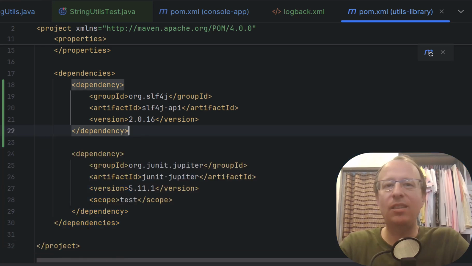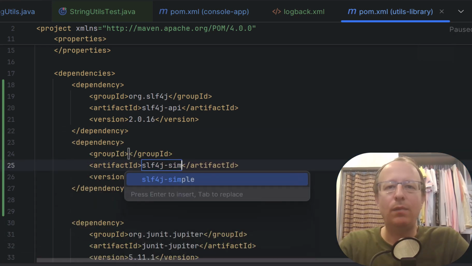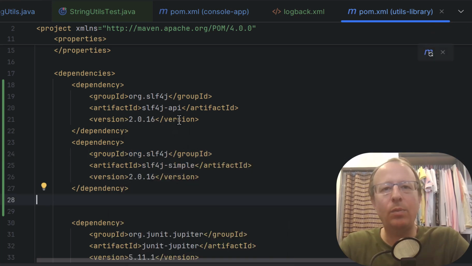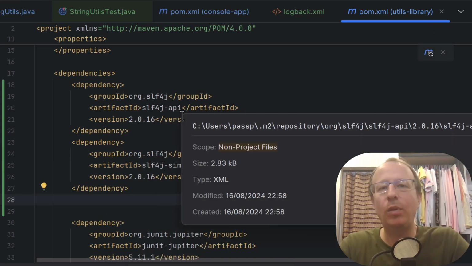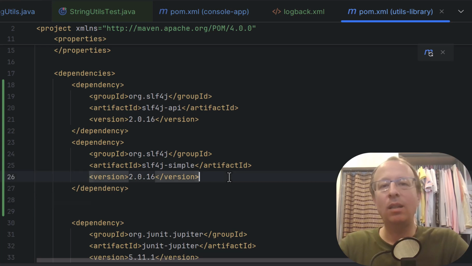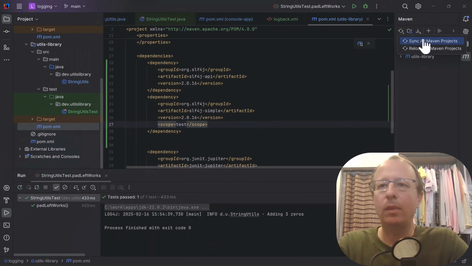So we've just deleted 3 dependencies. We need to add one back. It's called slf4j simple. slf4j simple is part of the slf4j API project, and this is the most simple logger you can get. By default, it just logs to the console, no configuration needed. It is still a framework though, so make sure we got that test dependency there.